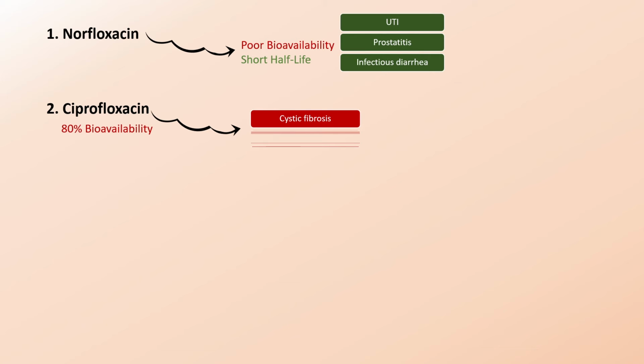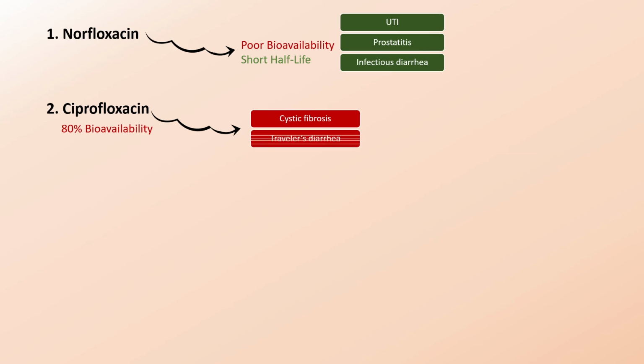With over 80% bioavailability, the intravenous and oral formulations are frequently interchanged. Traveler's diarrhea caused by E. coli, as well as typhoid fever caused by Salmonella typhi, can be effectively treated with ciprofloxacin. Ciprofloxacin is also used as a second-line agent in the treatment of tuberculosis. Although typically it is dosed twice daily, an extended-release formulation is also available for once daily dosing, which may actually improve